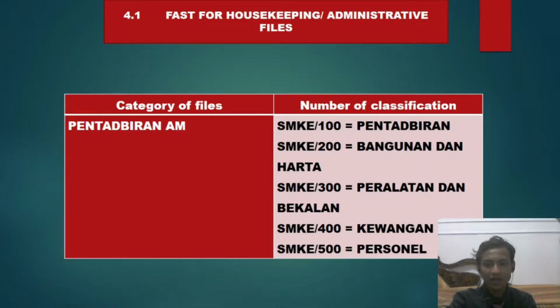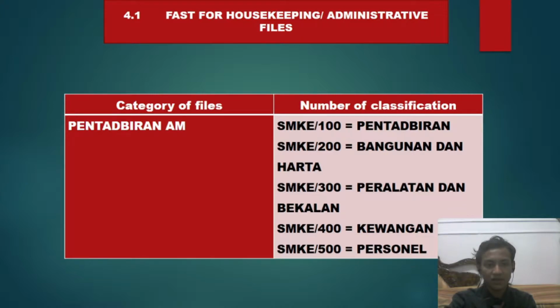A file can be categorized as housekeeping files, which contain records related to general administrative activities that commonly apply to all organizations. Housekeeping files consist of letters and attachment documents related to administration, building and property, equipment and supplies, financial and personnel. This categorized file is vital because it ensures the support of the workflow of a business office or any organization.